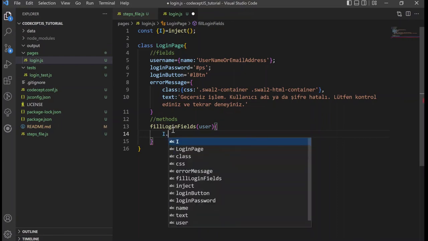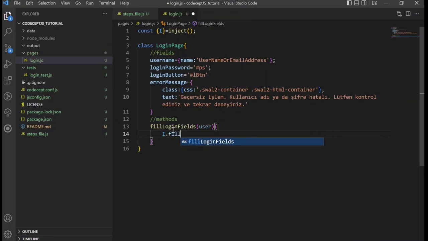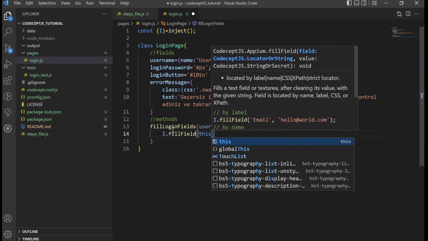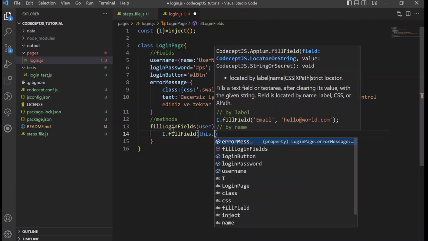So I will use fill field. Fill field has two parameters. First one is the locator and second one is the value you want to use as input.